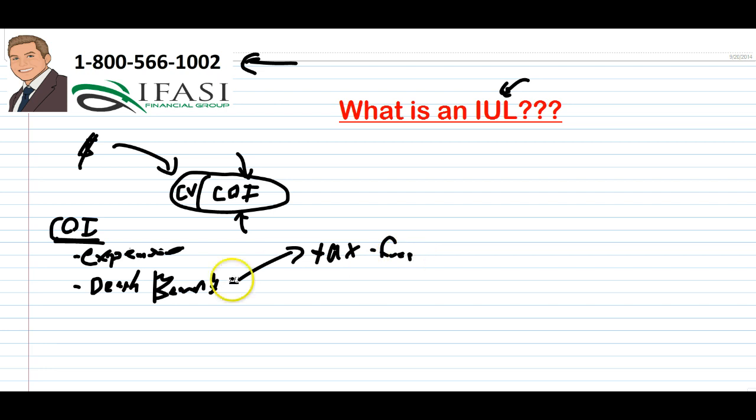Now, typical permanent life insurance policies have the cost of insurance that increases every single year. Because if you think about it as a general concept, the chance of you passing away every single year you get older increases more and more. So that's why, typically, the cost of insurance should always increase in a permanent life insurance policy.